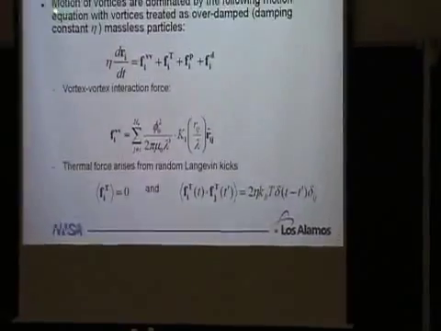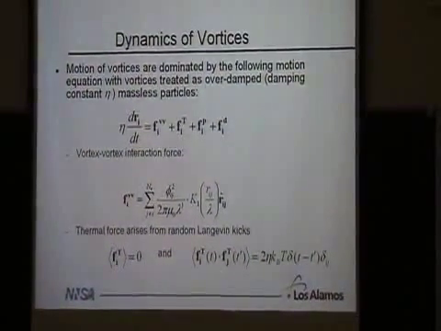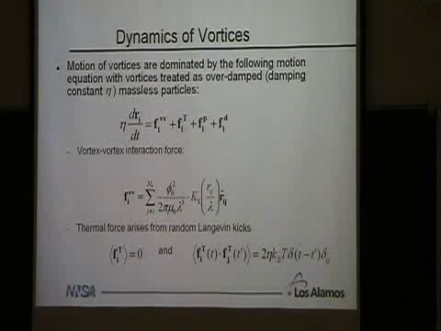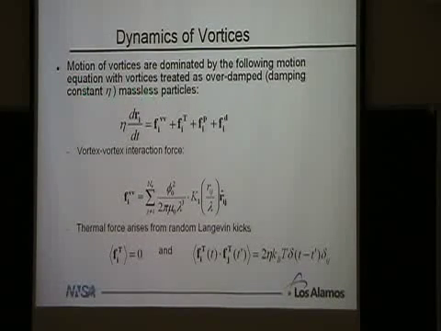We perform particle-based simulation of these vortices, and we use what are called Brownian dynamics or overdamped dynamics. The reason being that, as far as anyone can tell, there's no evidence that vortices have mass. Essentially, the vortex is moving through an extremely viscous medium, which is just the superelectrons and other electrons in the system. As long as there's a force acting on the vortex, it will move. But as soon as that force is removed, it immediately stops. It doesn't keep going for a while, no inertia at all. So that means instead of F equals ma, we have F equals eta times v.